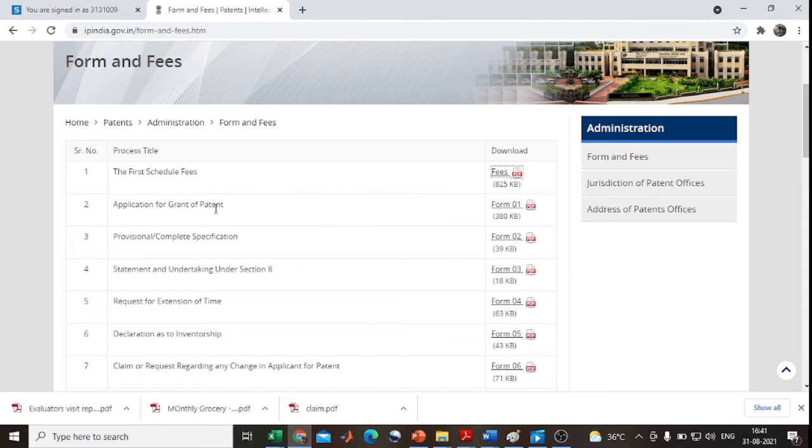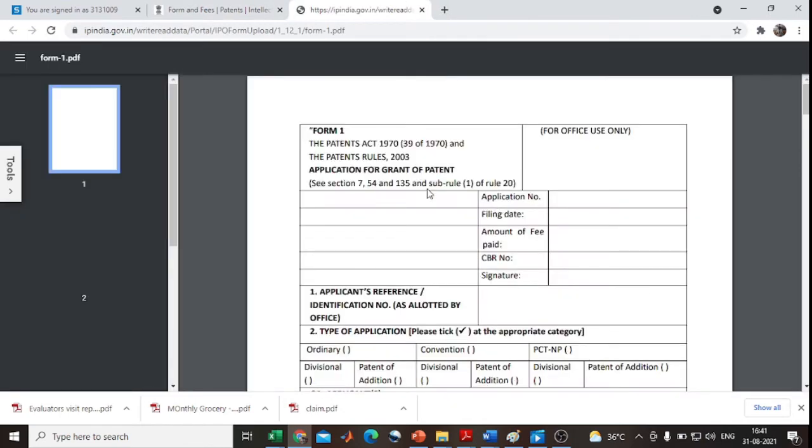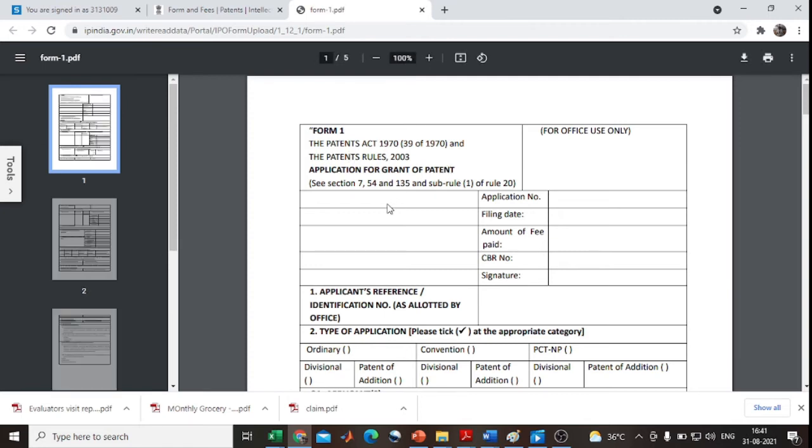So the first form is described as the application for grant of patent. Form 1 looks like this, the application for patent grant. Here you can write the applicant name and the filing date. According to your studied fee structure, you may enter the amount of fee paid.